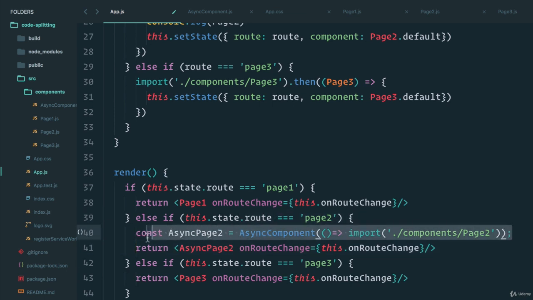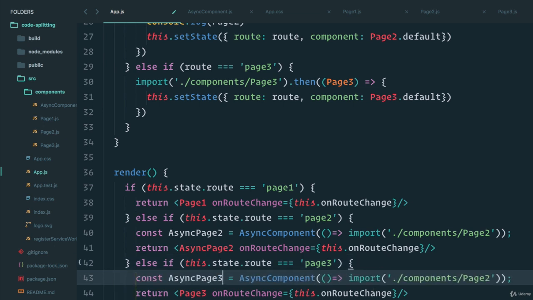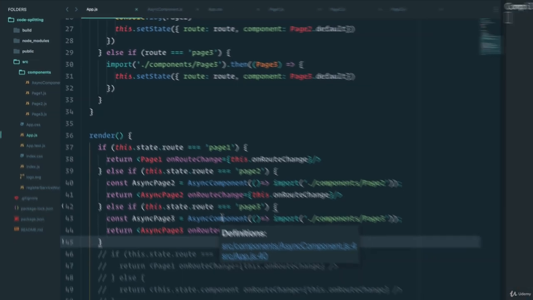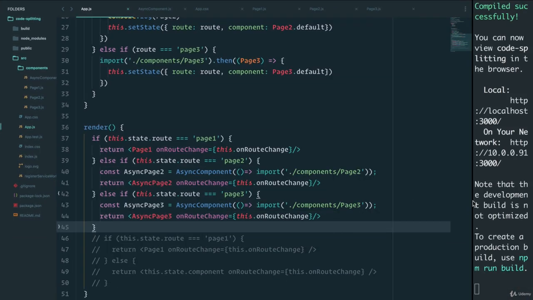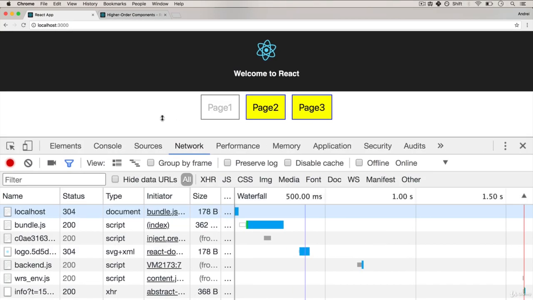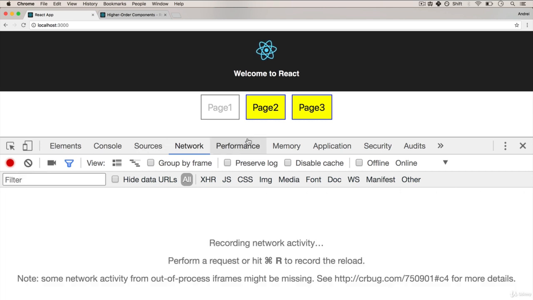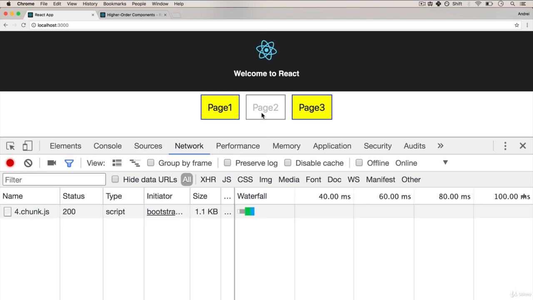And we can do the same for page 3. I can say that in here, we have async page 3. So now our component is async page 3. Let's save. All right, I'm not getting any errors. Let's see if it actually works in the browser. Let's go back and refresh. We have our bundle. If I clear this, click on the second page. All right, I get another file